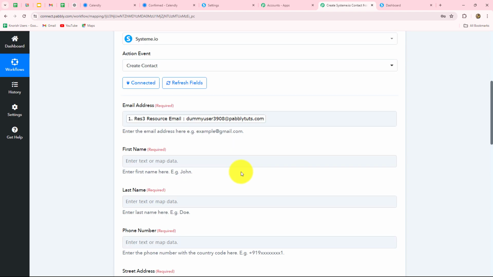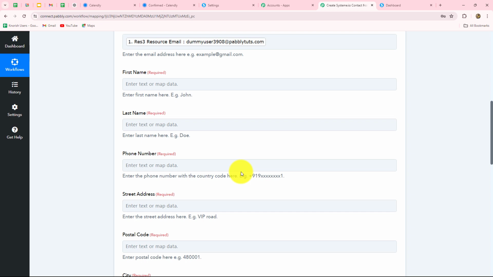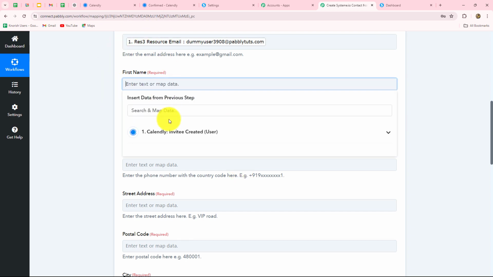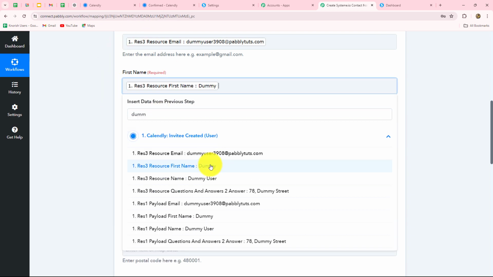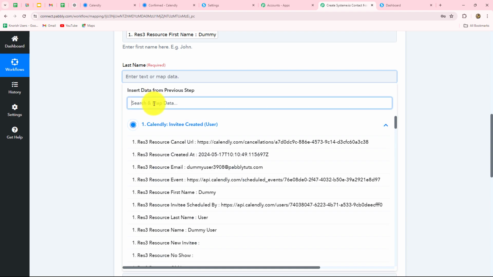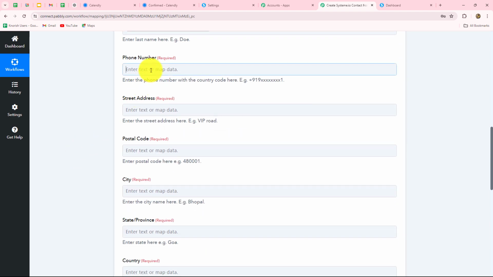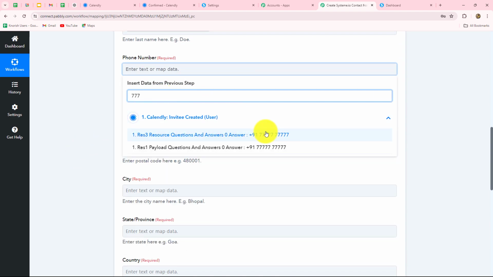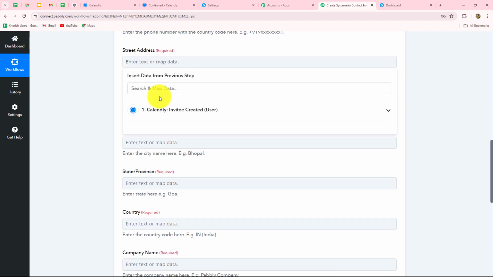So that's why you have to keep in mind that all the details are received in the response so that you can map each and every data. Now we will map the first name in the same manner. So this is the first name and here we will map the last name as well. Now we have to map the phone number. So I'm going to map this phone number as well,